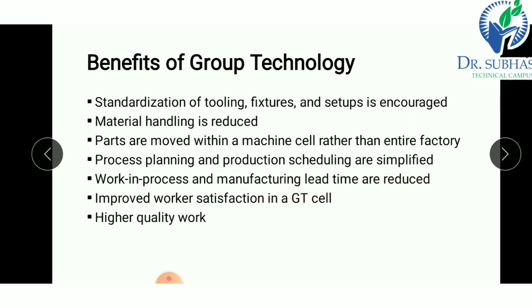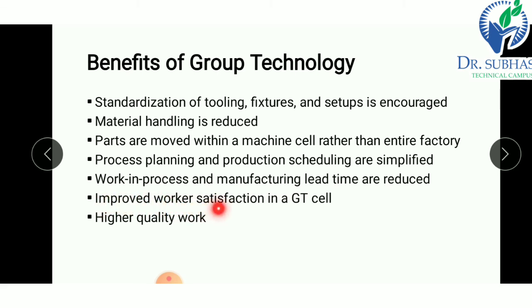In this approach we reduce material handling time. We use machines in a cell, so material movement also becomes reduced. So overall the manufacturing lead time is also reduced.